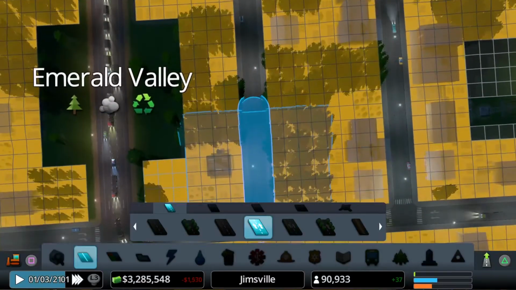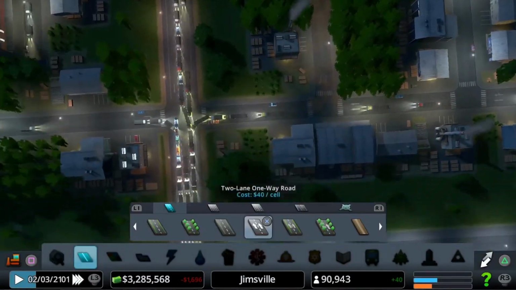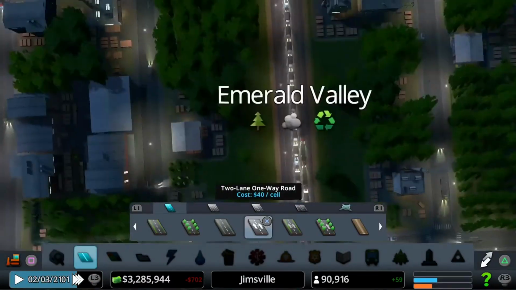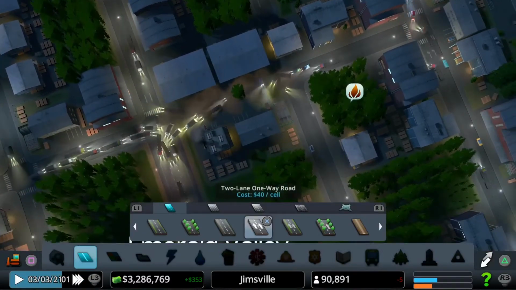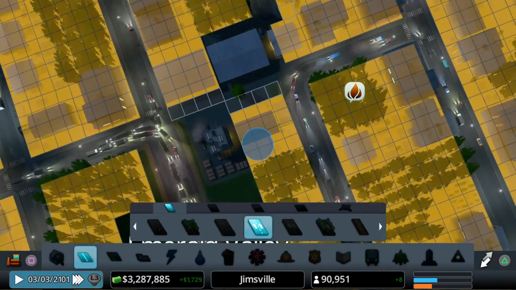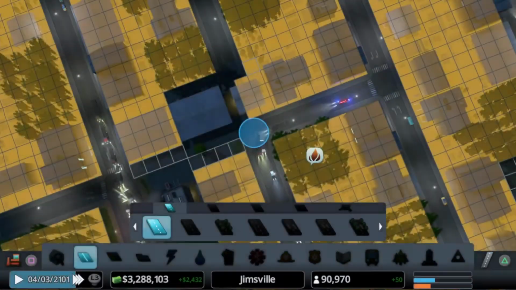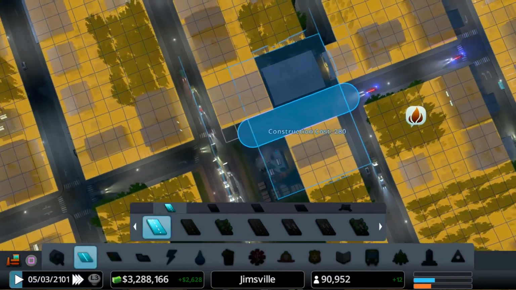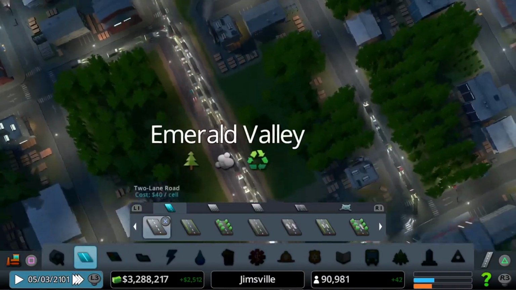Let's upgrade this like that. Try and get the traffic merging in a little bit further down. If I take that road out, put in a little bit of 1-lane traffic like that, or you know, single traffic.